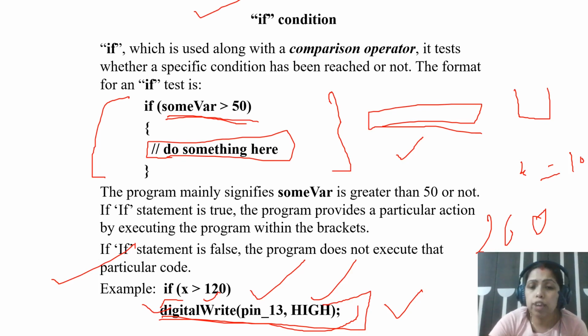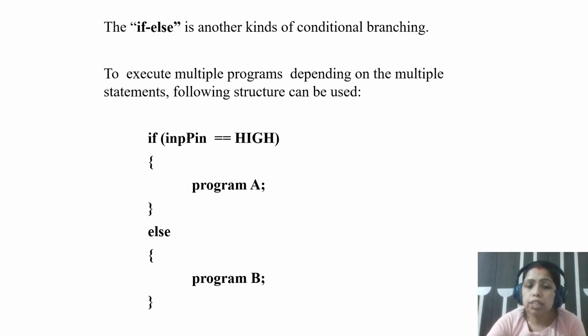Okay, so when it executes this statement, if my x value is greater than 120, then this set of instructions will be executed. So these are about the if statement. Now the else statement means, suppose